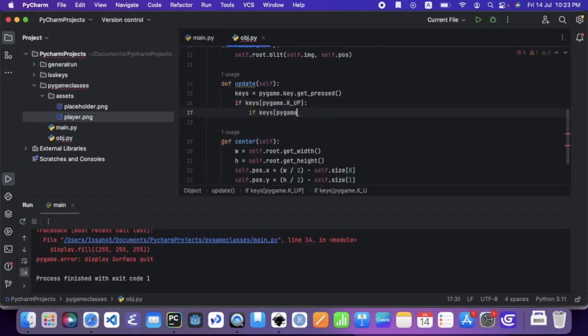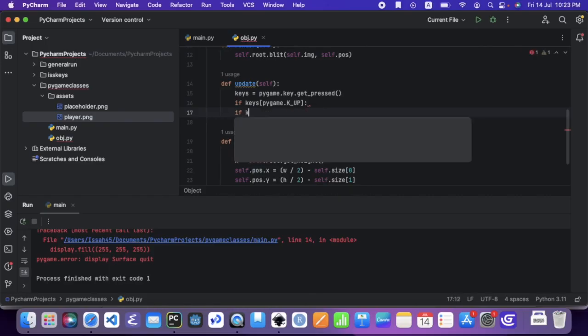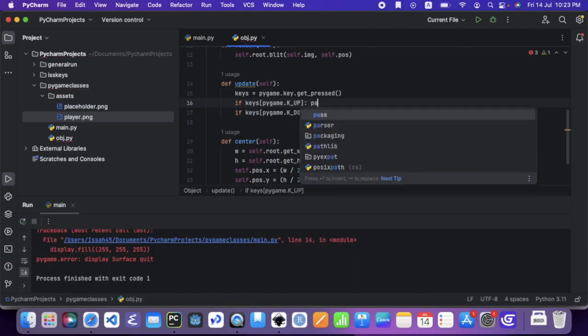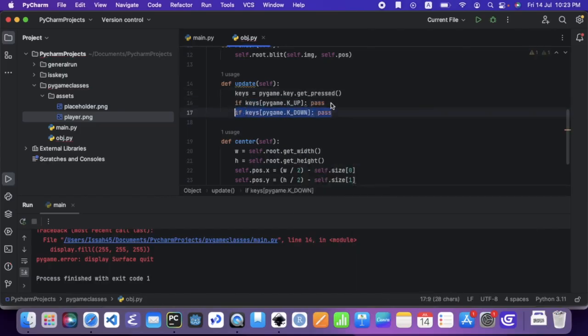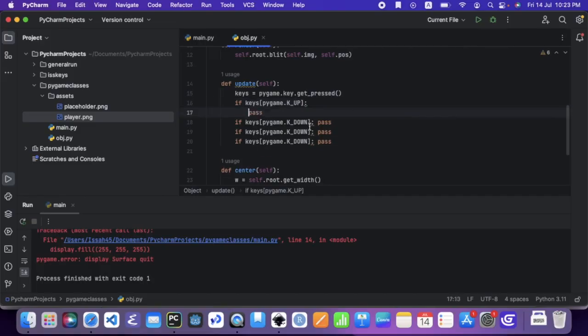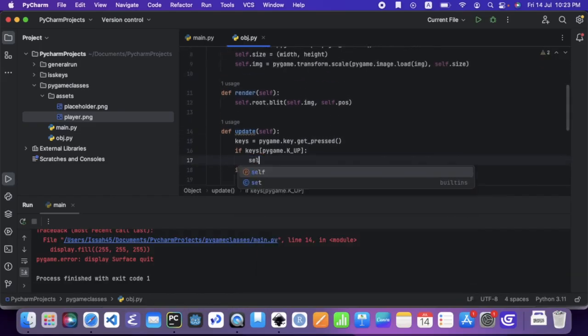I'm not going to put it on a separate line, just going to add pass for both of these. And I'm also going to add for right and left. So if the up key is pressed, then